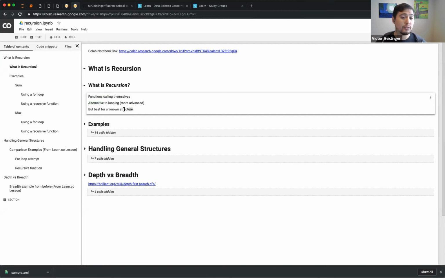But it's really good for unknown structures. If you don't know what the structure is, but you know the basis of how it's structured at the top, but you don't know how deep the levels go. For example, with JSON, we didn't know how it was structured. If we try doing a for loop on that, we might bump into a mistake. So recursion can be really useful to write programs that go through it quickly, meaning quick to write.